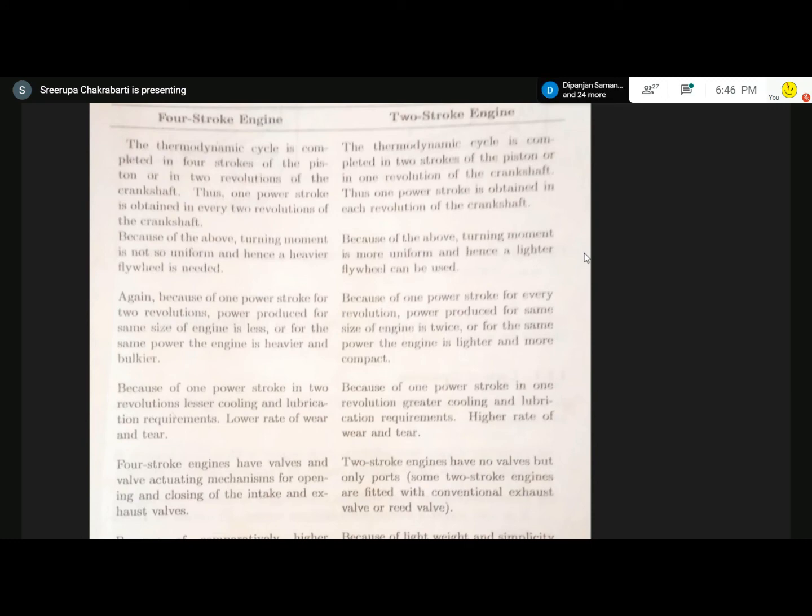As you know, the difference in their name arises from the fact that, as I explained in the previous class, 4 strokes or 4 journeys of the piston are required in order to complete one cycle of the engine. As you know, what is a cycle? One is called a thermodynamic cycle, and the other a mechanical cycle. A thermodynamic cycle is a cycle consisting of a number of thermodynamic processes, one after the other in a sequence, so that at the end of all the processes, we come back to the initial state. That is the thermodynamic cycle.